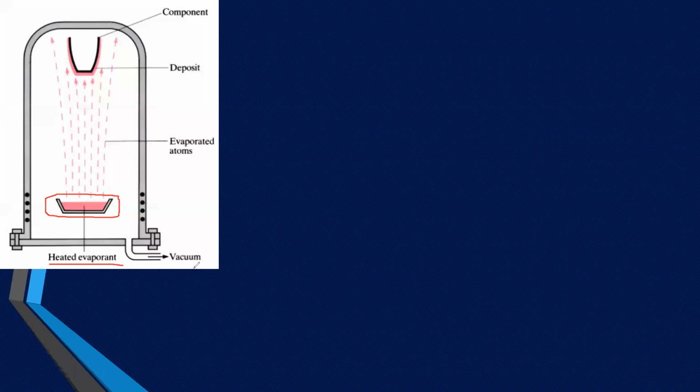Here the vacuum pump is connected. And these are the shielded regions; this portion is completely shielded by some high quality glass. At that time, what will happen if a 10 raised to minus 6 torr vacuum is available inside that chamber? The source material which I have written here, source,